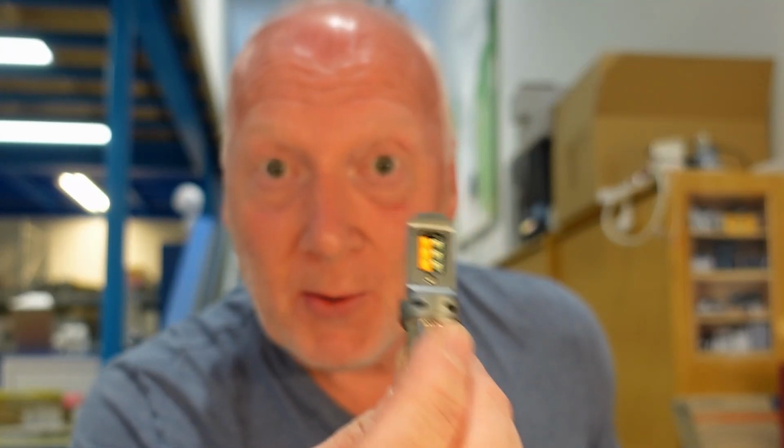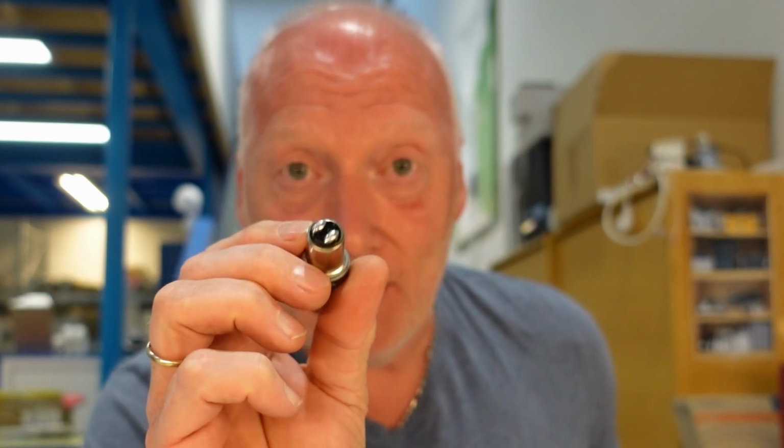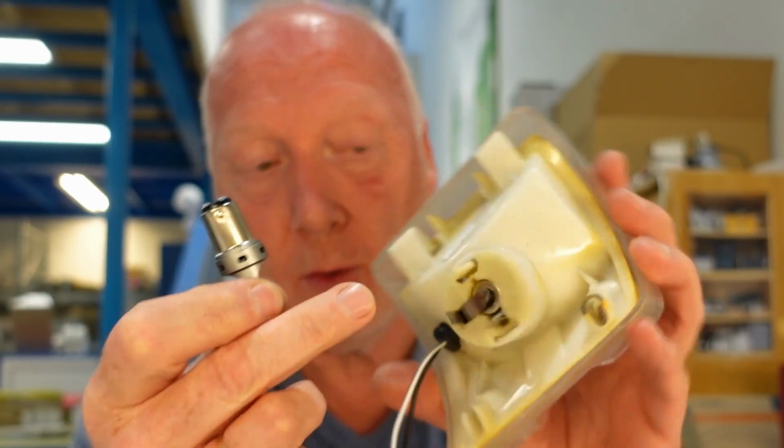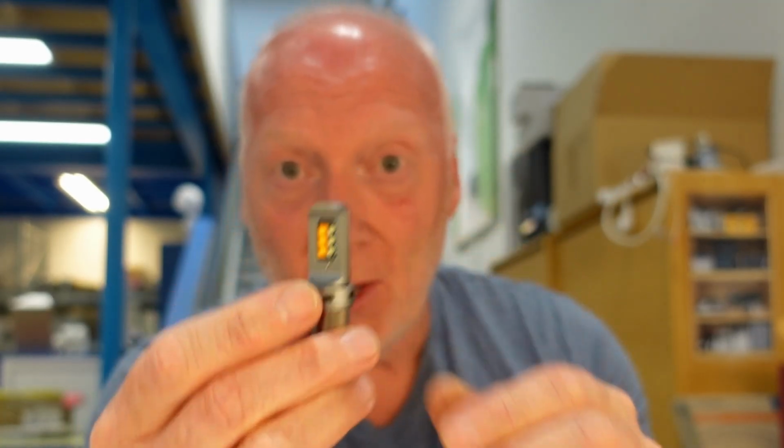Hello guys, today we're going to talk a little about DRL lights. I have this one for the Vanagon, which I have rebuilt, if you can call it that, and changed the bulb holder from a single filament to a dual filament. So I use this kind of bulbs. But now,